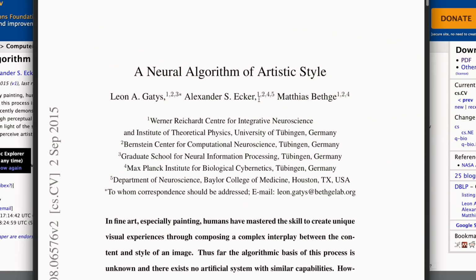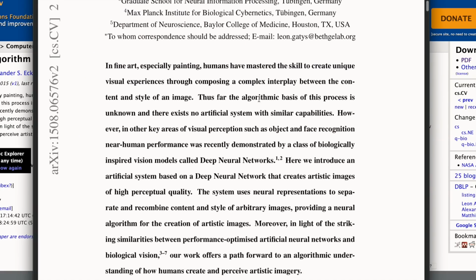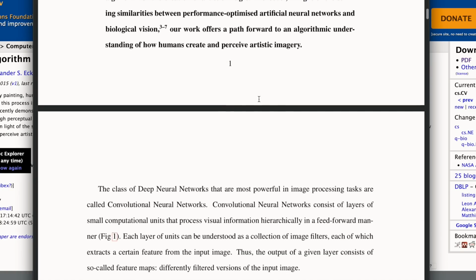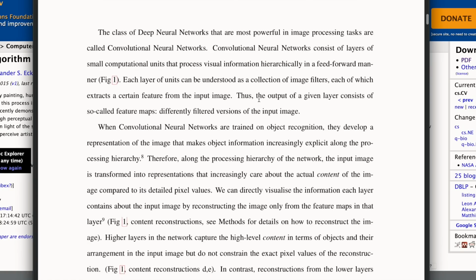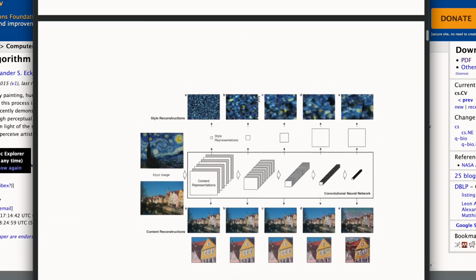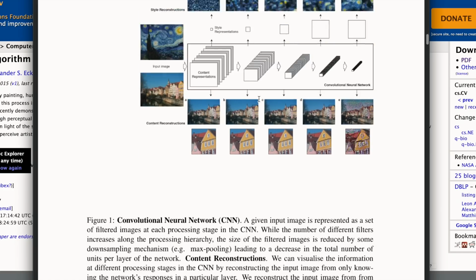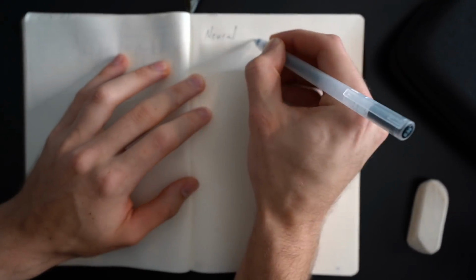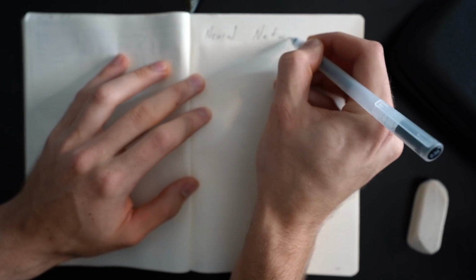So the paper describing this process is a 2015 paper titled A Neural Algorithm of Artistic Style. And if you don't have a background in linear algebra or computer science, reading the paper might be a little bit difficult. But the method that they describe is actually pretty simple. You don't really need a math background to understand it. Now, what you do need to understand is a very scary term called a neural network, which again is actually